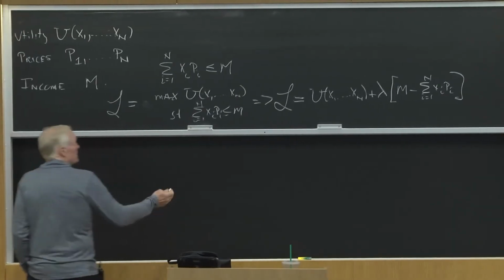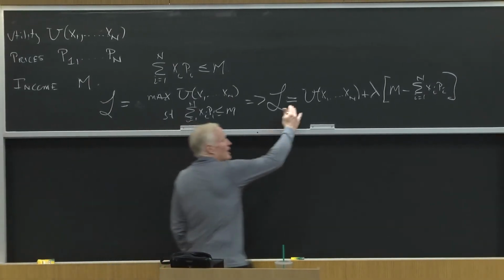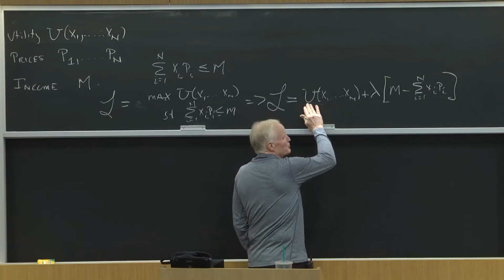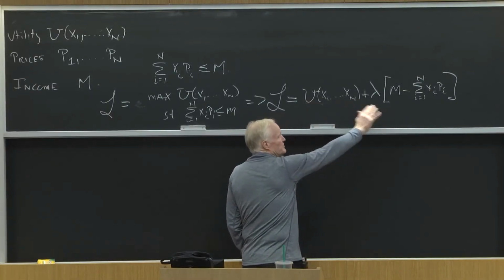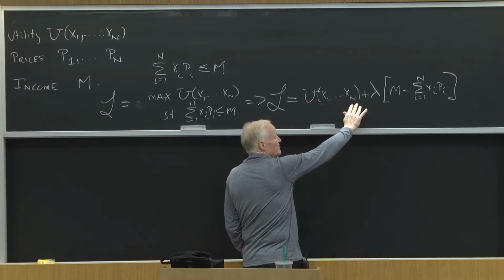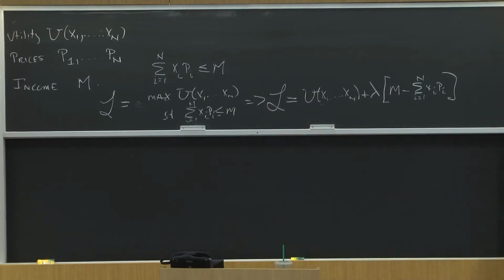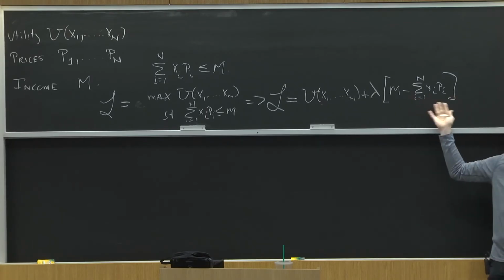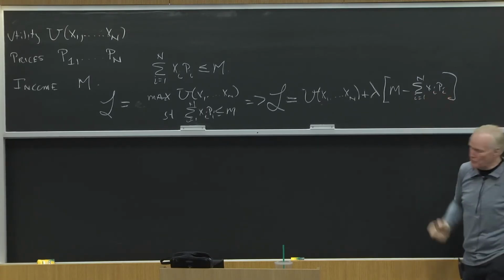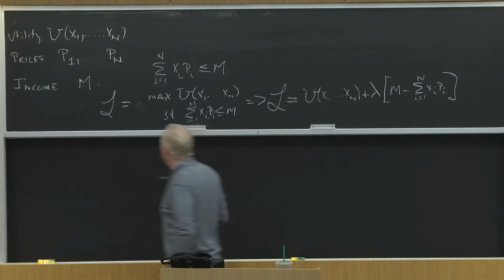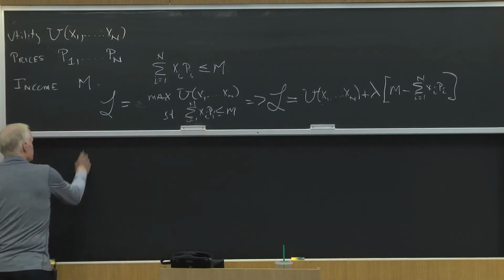So the first order conditions: you solve this problem by taking the derivatives of this Lagrangian with respect to each of the x's and with respect to lambda. You're not really maximizing the Lagrangian. For those of you coming from mathematics, this is really what's called a saddle point, but same idea. Critical point is still the same. Your first order conditions